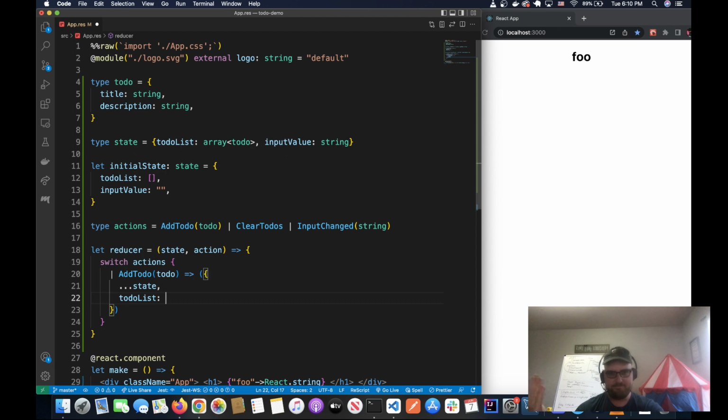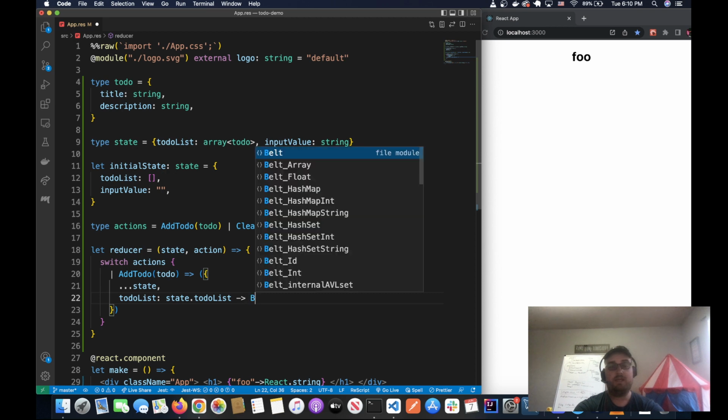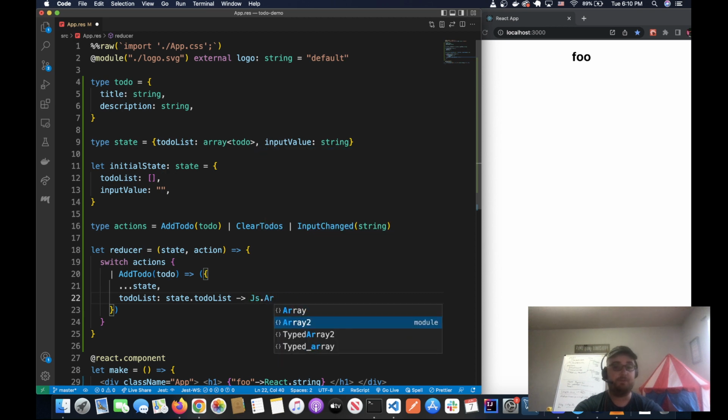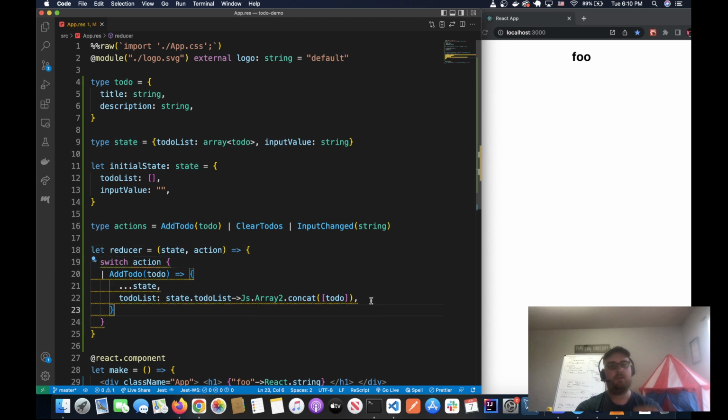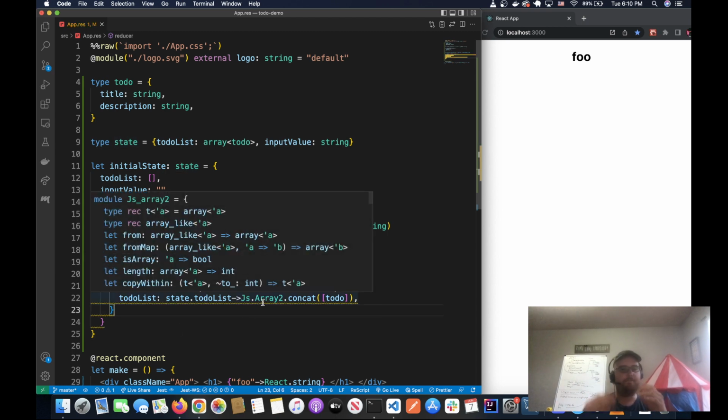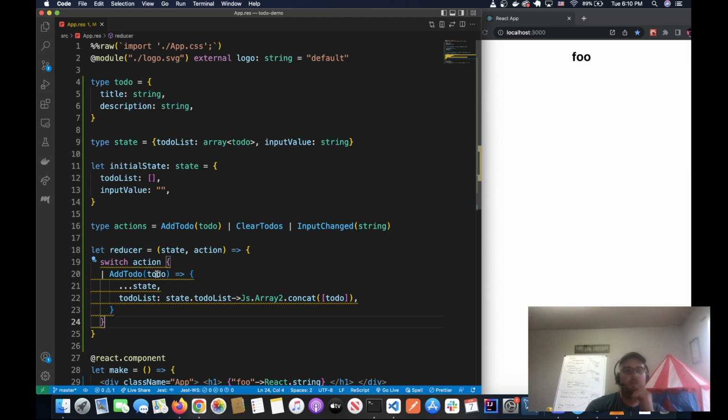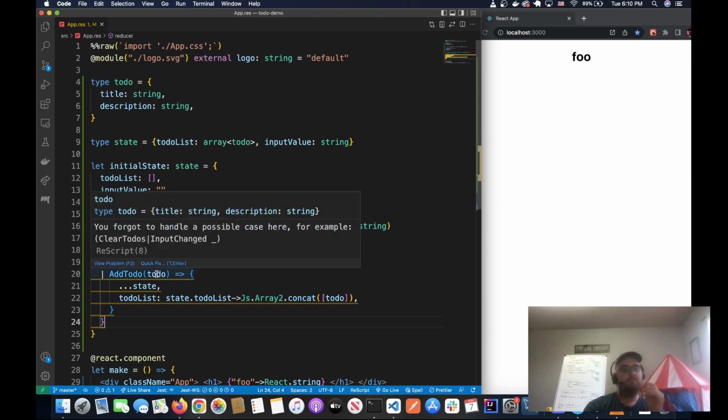So to do that, we're going to say state.toDoList, and then we're going to say Js.Array2.concat, and then we're going to make an array with just our to-do inside of it, like this. And you can see that it's going to put the two together. That's the point. I'm getting a warning here, by the way, this yellow squiggly, because